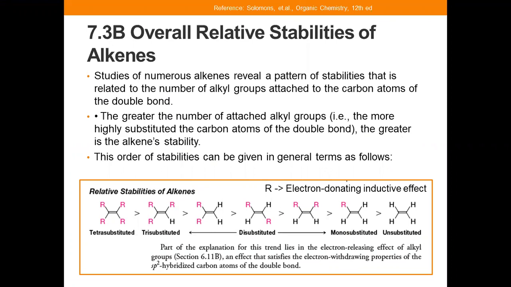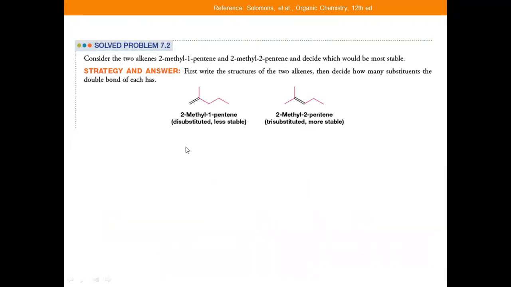So the sp2 hybridized atom has an electron withdrawing effect, it's more vacant, there's only one-third s character in there. So the order of stabilities, you have that. The greater the number of attached alkyl groups, the greater is the stability of the alkene. Okay, let's try to compare